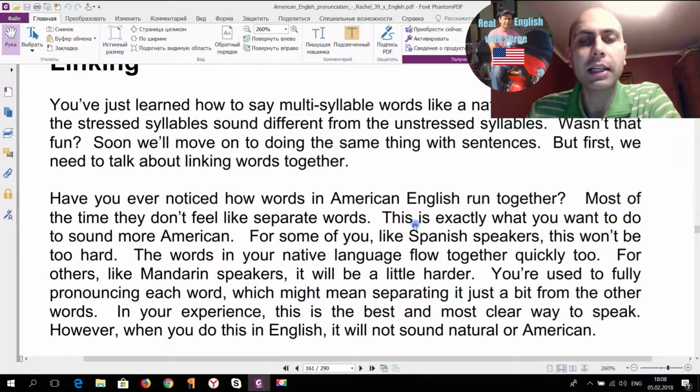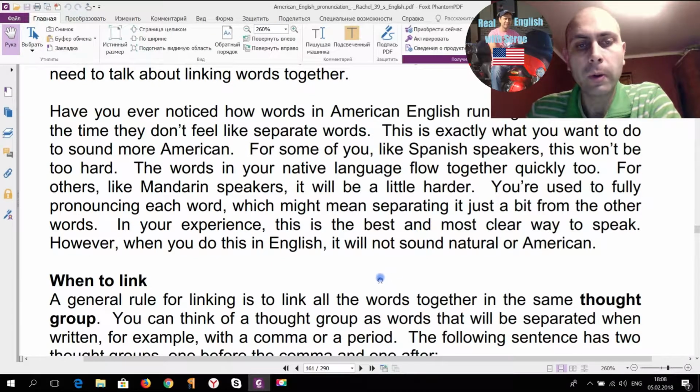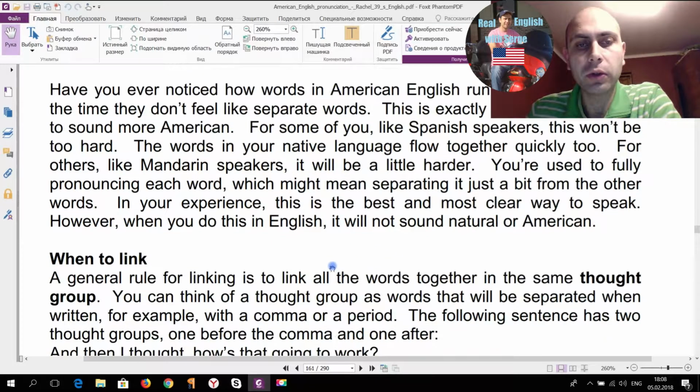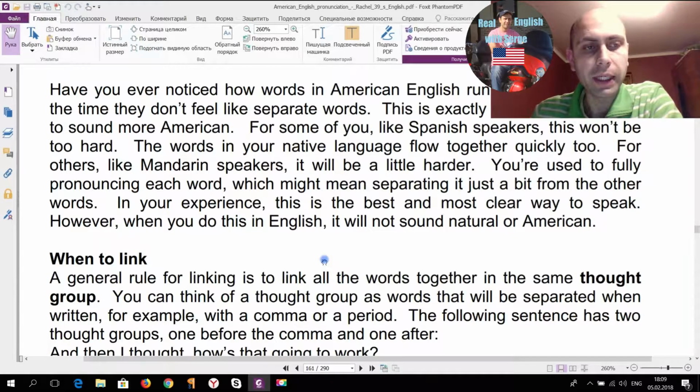So you've learned that, but now there's one more thing left for you to sound really American, because if you chop words like some people do in their respective native languages, even if you pronounce each word correctly and perfectly, you're still not going to sound American, because American English is, like many other Indo-European languages, very fluent, and your speech needs to be in the flow, so to speak.